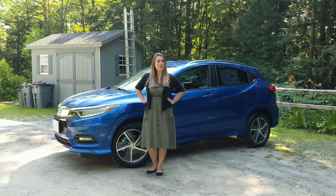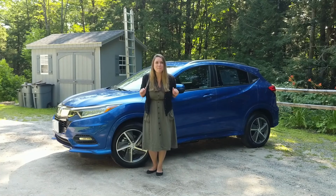So if you're thinking about the 2019 Honda HR-V, the fully loaded Touring might be the best trim for you,